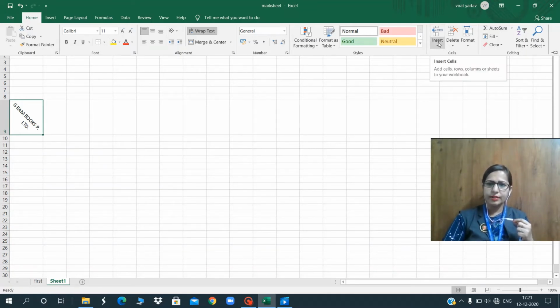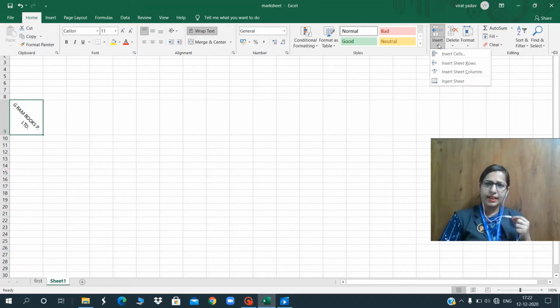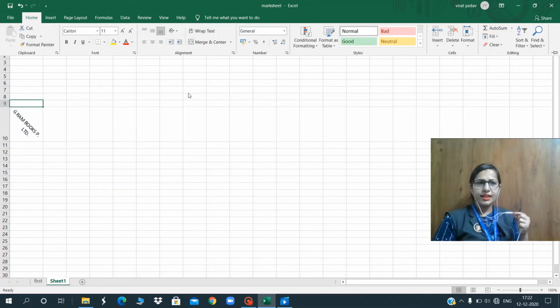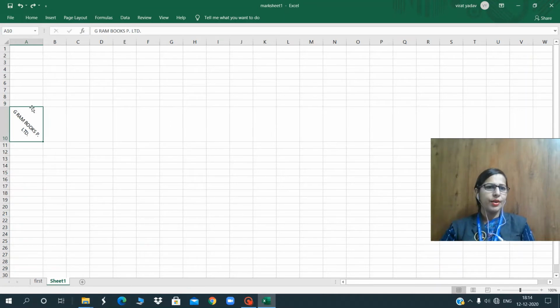Here is the Insert option, just click over here. As I click, you can see the Insert Cells option, Insert Sheet Rows, Insert Sheet Columns. I want to insert a row, so I just click over here. You can see a row will be inserted above the row.